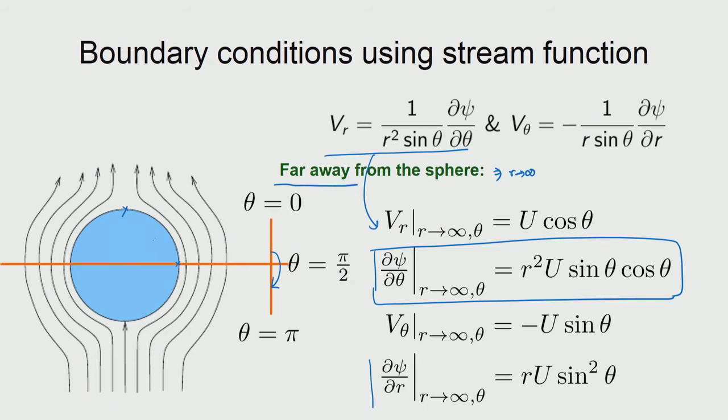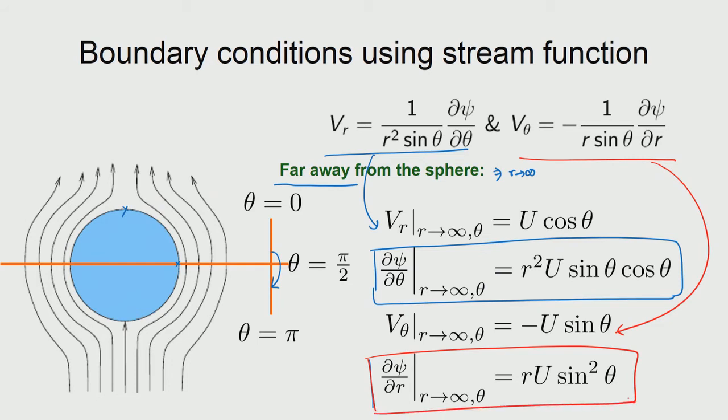So, you could see that just by simply taking a component we are able to write the Vr, which is far away, and this will be actually all 0 on the surface, but at these respective theta positions far away, this is how the velocities are written. Similarly, you could also see how theta has been used. Theta is used so that you could combine with the boundary condition, and then we would arrive at the far field condition for psi.